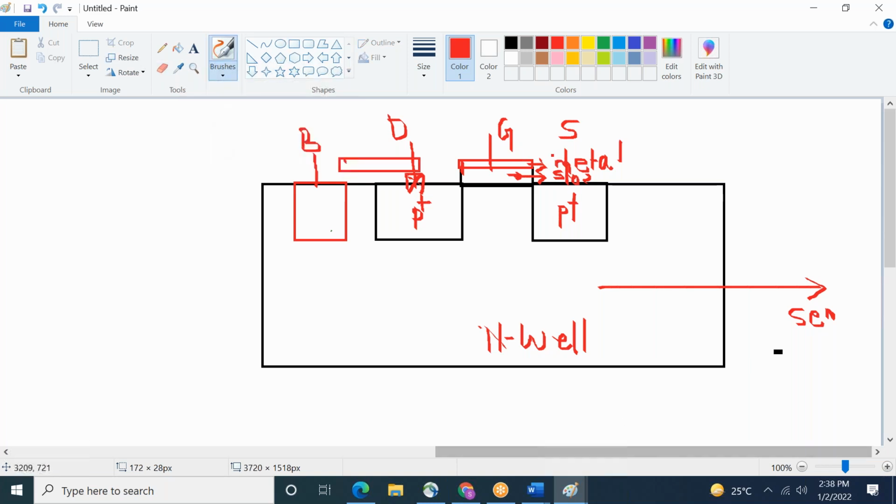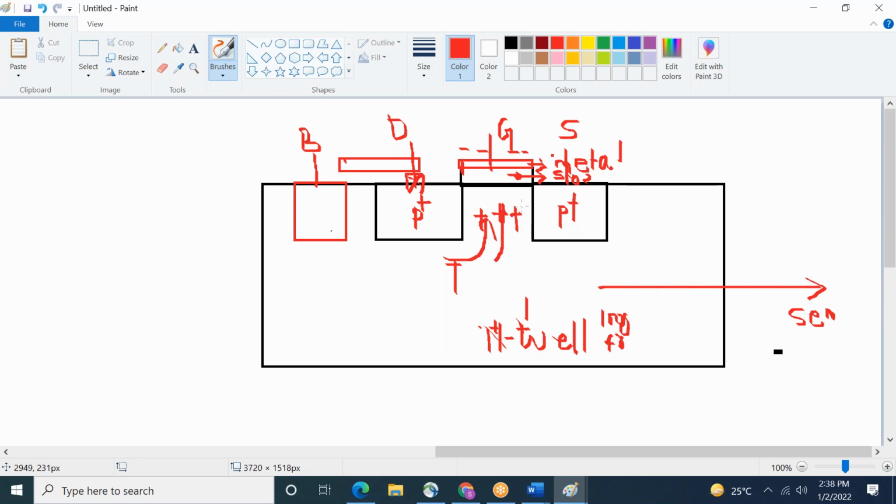And in PMOS, its body is N-well. The N-well acts as the body. It will be at a different potential. If it is P-type semiconductor, it will be N-type semiconductor. Now, if you apply voltage, how is the channel created? If you apply negative voltage, you know like a magnet, north pole will attract south pole. So here positive charges will be attracted. Like if there are 1000 electrons, there are 10 holes. So these holes may be arranged in different ways. So you need some voltage, and this channel will be created.